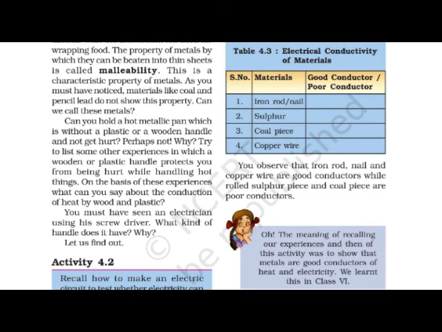Instead, it is made of glass or plastic or some fiber. Why is it not made of metal? If you use a screwdriver with a metal handle, it can cause hurt; you can get an electric shock. To avoid it, it is made of plastic, fiber or some other kind of insulator.